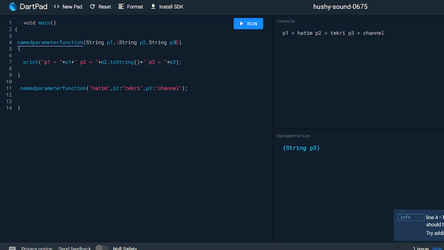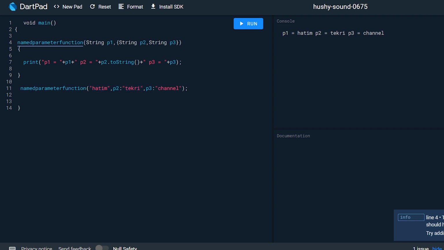Let's imagine there are 50 parameters like p2, p3, p4, p5 and so on up to p50, and at the time of function calling, if we did not make these parameters optional named parameters, then we would have to manually put the arguments in the same sequence as we defined the parameters. That means if we want to assign Hatim to p1 and Tekri to p2, we have to pass the arguments in the sequence of the parameters.